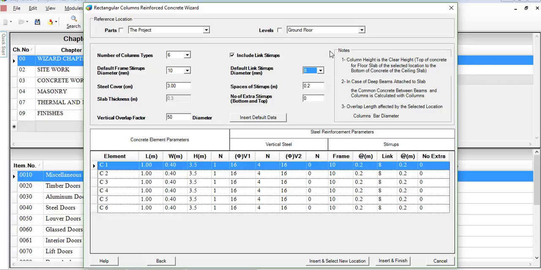Next, EasyTender offers you some basic notes on how the software calculates the concrete and steel. So you've got 3 notes under the column section. It says column height is the clear height. That means top of concrete for lower slab of the selected location to the bottom of the concrete of the